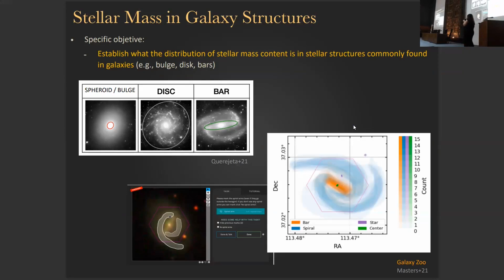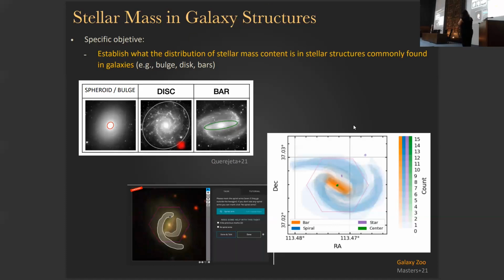So in general, we want to understand galaxy evolution, looking at light transforming into mass, so that we can compare to simulations. There's a lot of work presented in this conference to be able to distinguish what the different structures are, with different approaches. This is work from Querejeta, from the PHANGS survey, which is a combination of ALMA data, MUSE data, and now JWST data. It's really a fantastic survey.